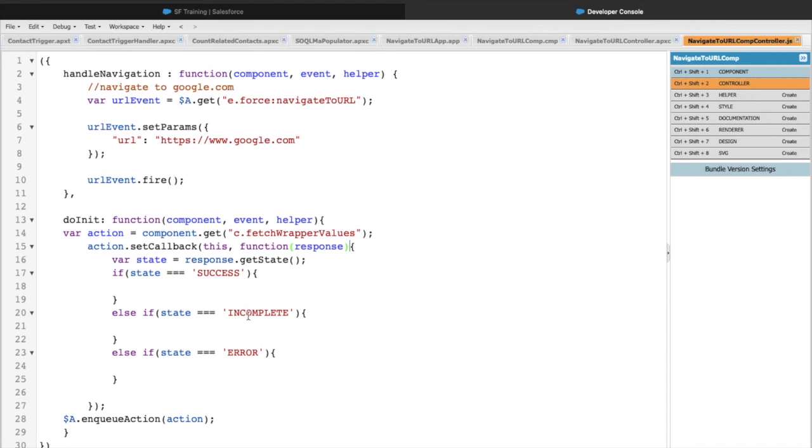Yeah, so now our code is ready, and let's just write a simple console log to check whatever is returned